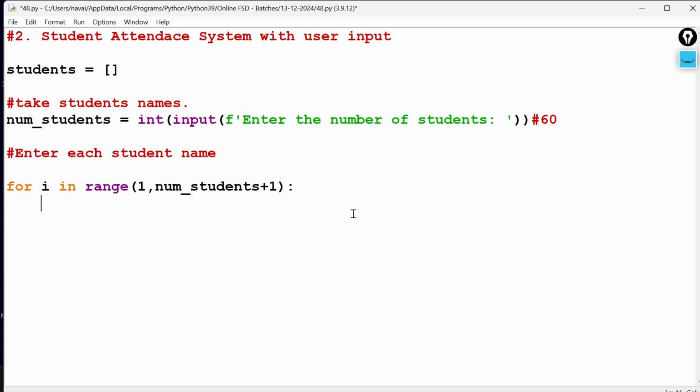And after that, what will we ask? Here we will ask for input as a student name. So can I write here an f-string, and